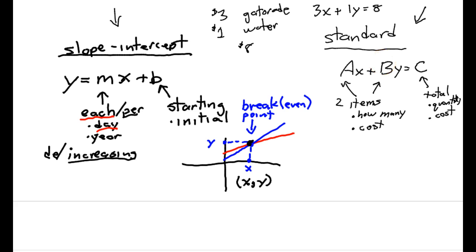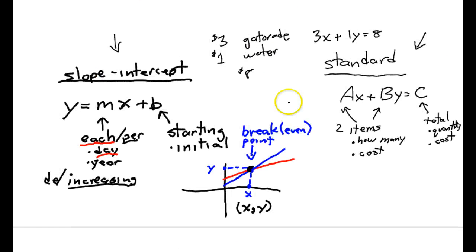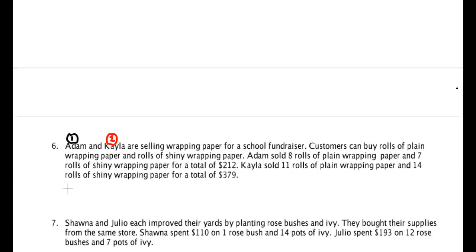We have the graphing. All of them we could graph. But as you saw in number 2, would you really want to try to go ahead and graph a 40.05 y-intercept with an 8-cent slope? It's not going to be easy. You can't really see just by estimating where they exactly intersect. So we'll have these other methods that'll let us know exactly where they intersect, and we don't have to go through graphing. So on this particular problem, going back to number 6,